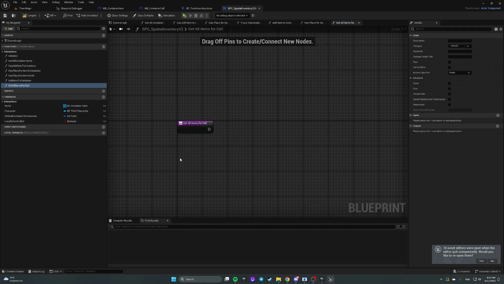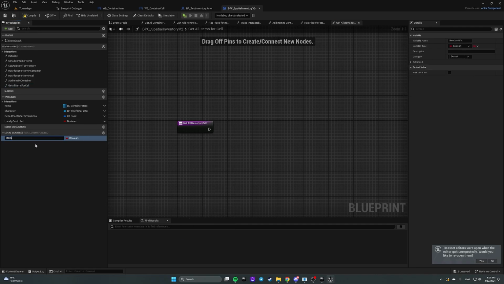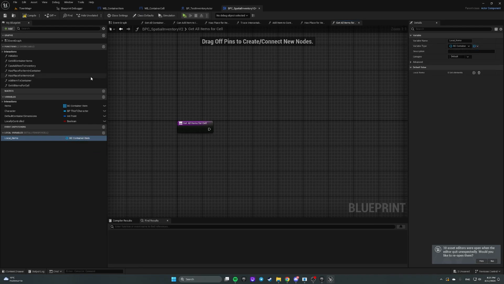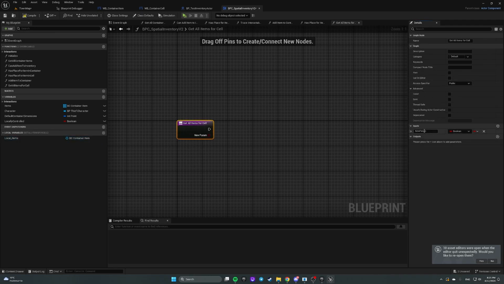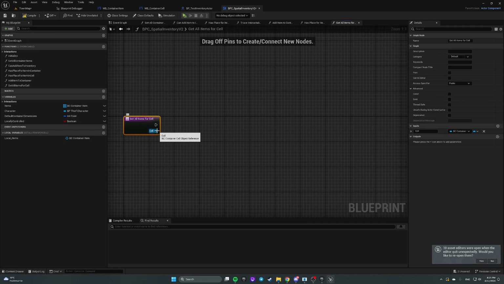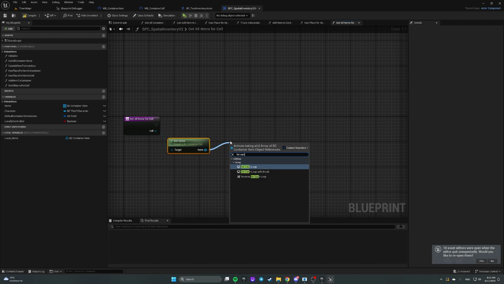What we're going to do here: let's create a local variable and call it local items of type BC container item object reference, and make it a set so that they are not repeated. Now we're going to add an input, cell, of type BC container cell. So for this cell we're going to get items, and for each